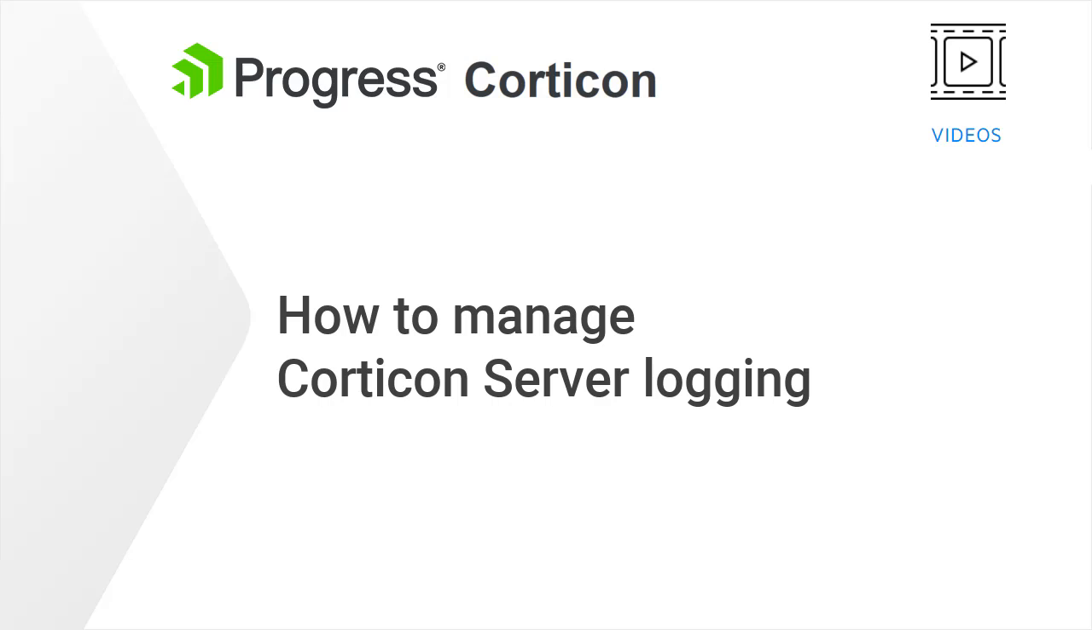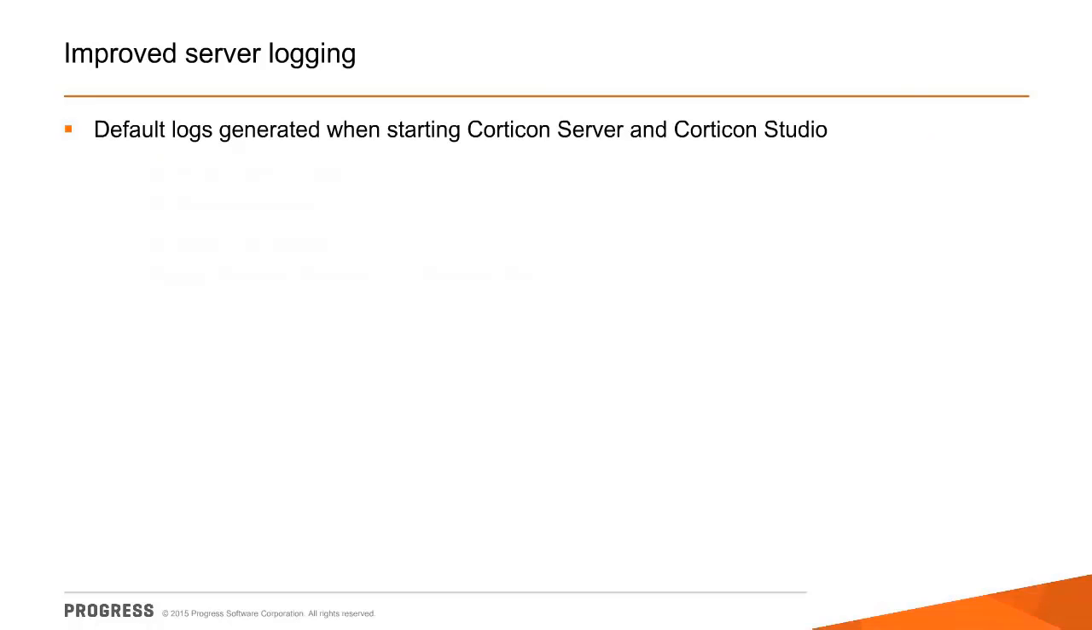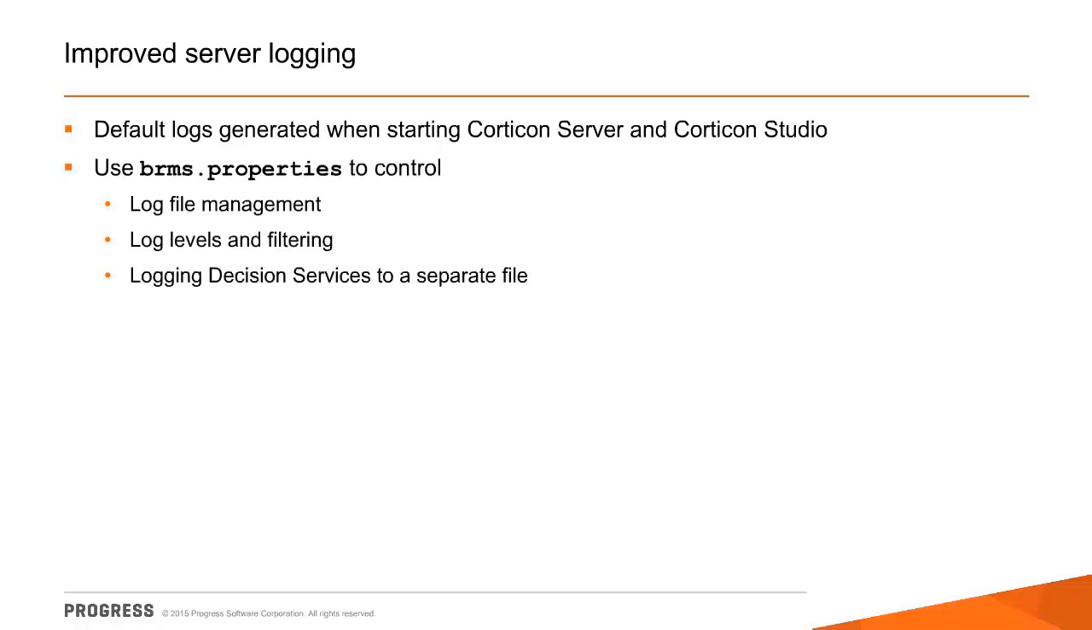Corticon Logging provides fast and flexible logging functionality for production servers and studio tests. Beginning in Corticon 5.5, we provide greater control over the information that is written to your logs. Using the brms.properties file, you can control where the log files are created, whether to roll over the logs, how